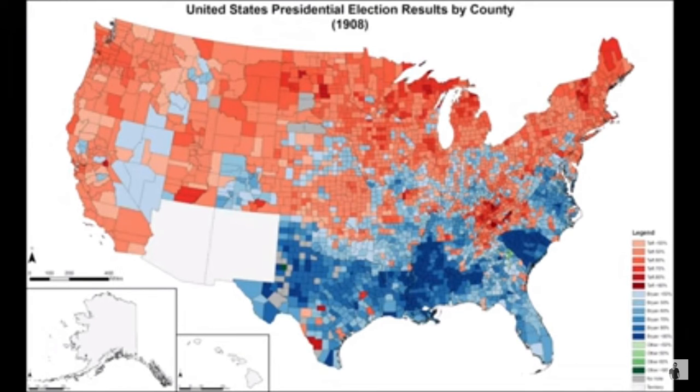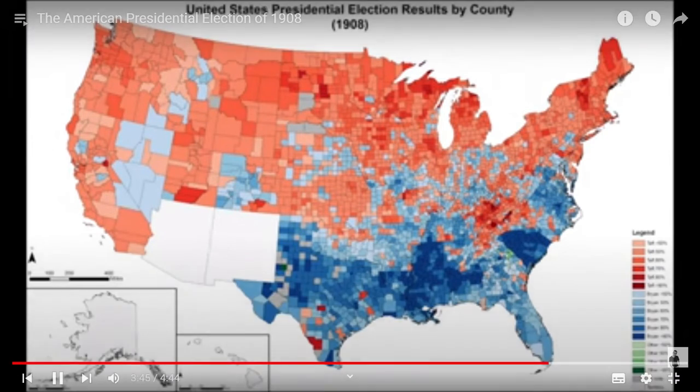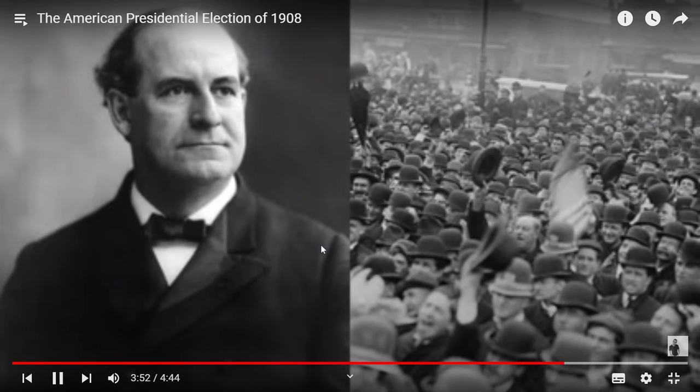Looking at this map, you can see that Taft did well mostly in the north and out west, but Bryan did well in the south again, and better in new random regions all over the country. Bryan's support was more diverse than ever, yet still too short. Eugene Debs came in third again with 2.8% of the popular vote. Eugene Chafin